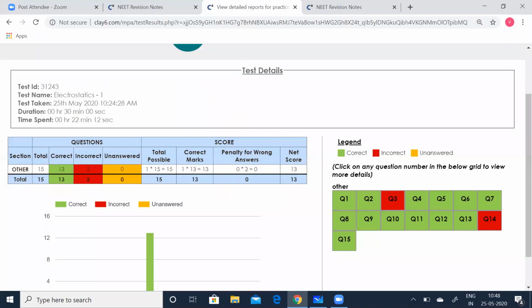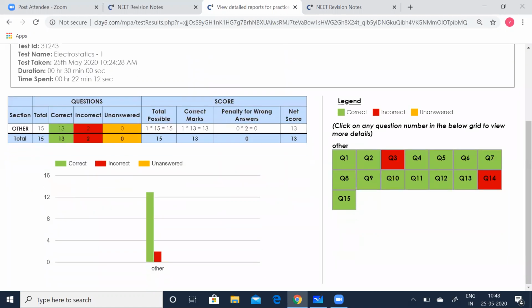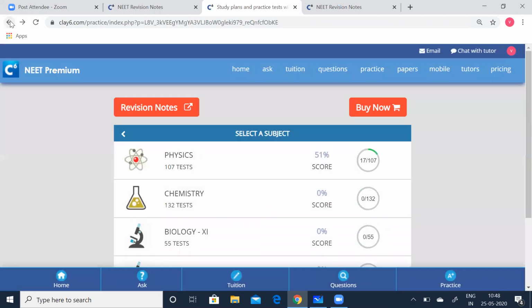Close that. So having known how to access the correct answers and get the explanations, you can do this yourself. The green one says your answers are correct, and the red one says you have the incorrect answers. You can go and access the correct explanation yourself. That also gives you the percentage of your correct answers.